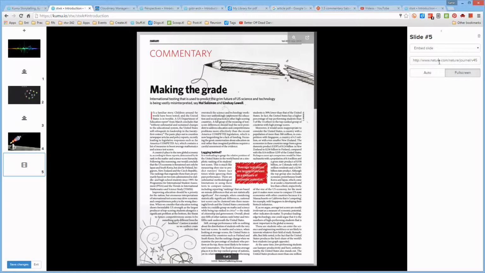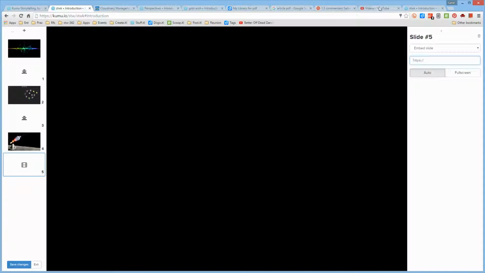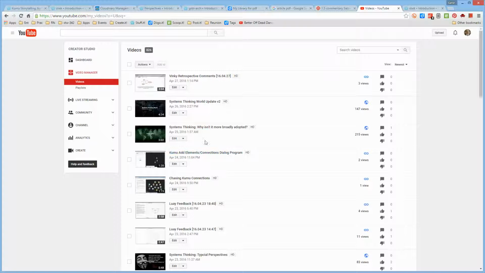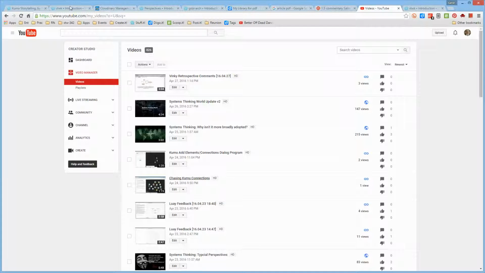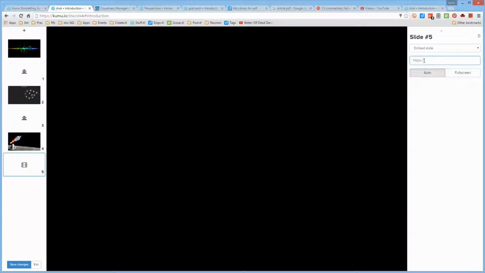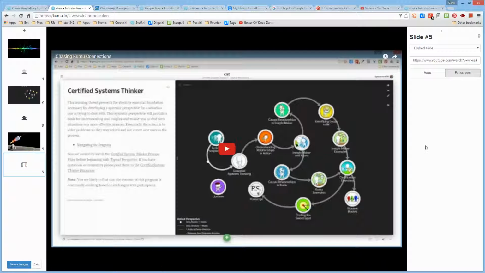The other alternatives for this are you might want to embed a video. So if you happen to have the URL for a video, you could then go ahead and simply put that in. Now realize that the requirement is that whatever you paste in here has to be an HTTPS. So this is an auto. Now notice that the auto is kind of small. The full screen is larger. It makes it the appropriate width. You can also